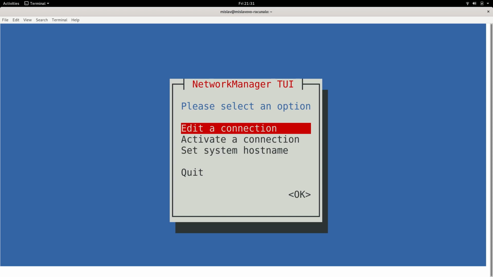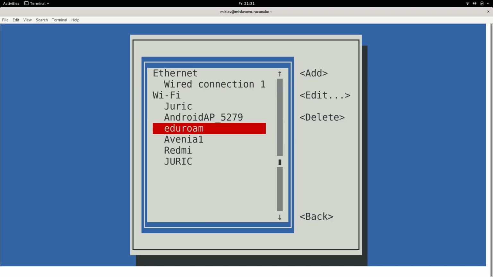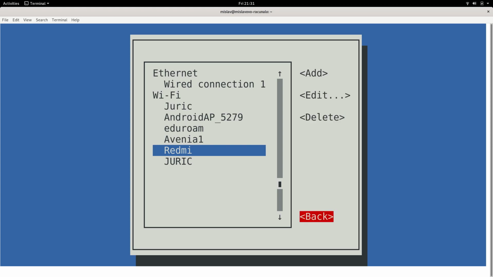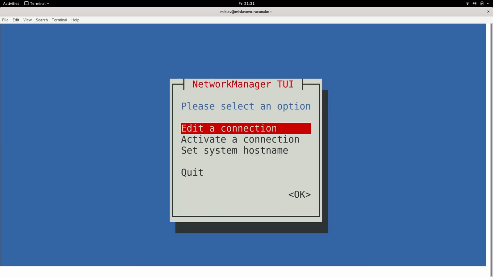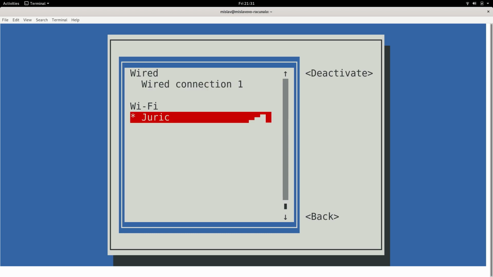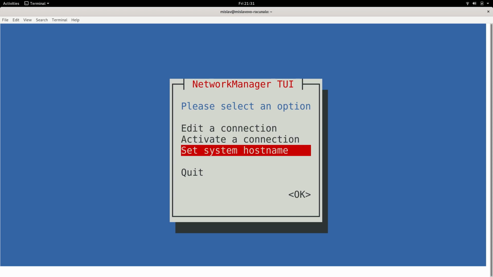Okay, so let's say if I want to edit the connection, I can edit my wired connection, I can edit some Wi-Fi stuff, etc. Okay, but basically, let me just go back. You can edit connections. You can also activate and deactivate connections. Okay, so this, for example, is activated. I can deactivate it, and I can also set system hostname, which at this point you don't really want to